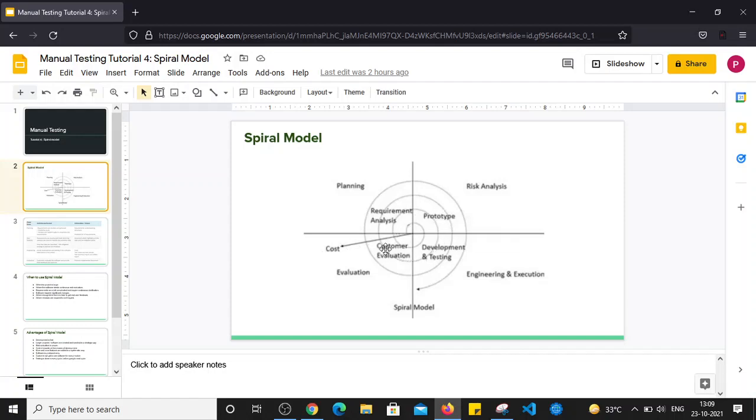After the second cycle, the second version of the software will be released, and after that, depending upon the new requirement, the third cycle will start. So again the requirement analysis phase will start, then risk analysis will start, which will include designing and architecture planning. After that, it will reach the development and testing stage, and after that it will be delivered to customer evaluation, or it will be in the deployment or maintenance phase.